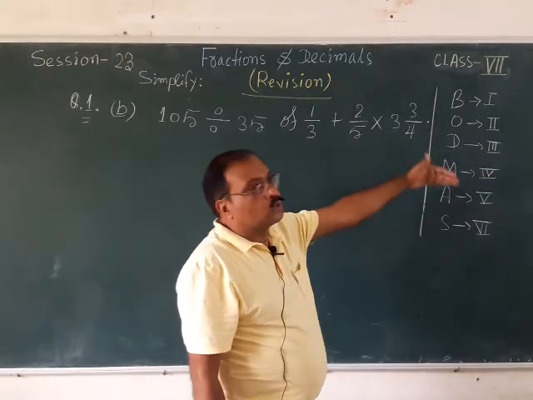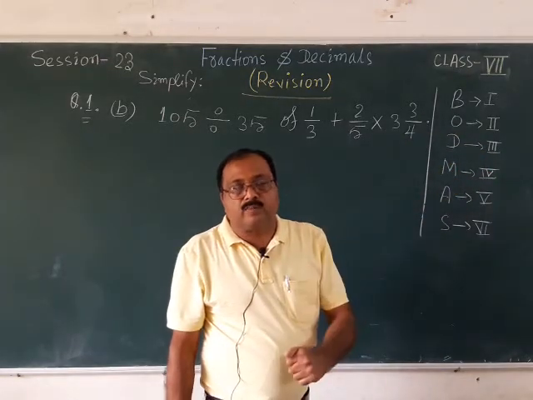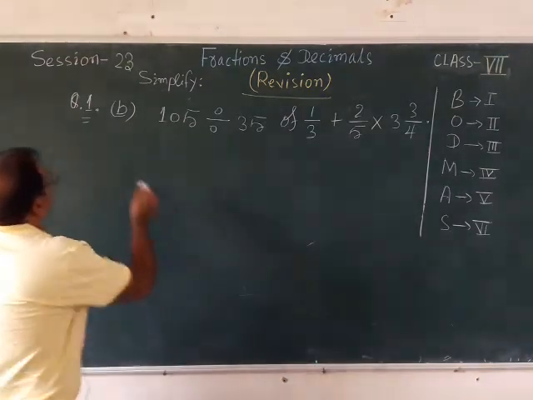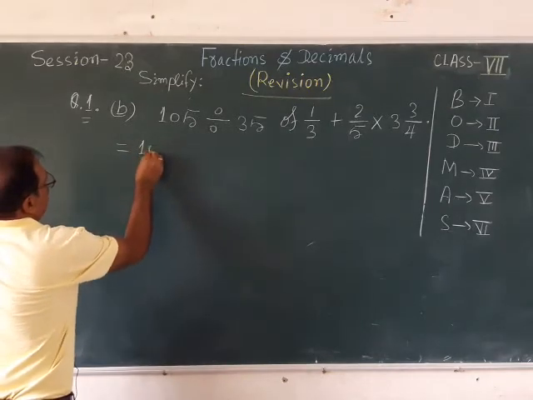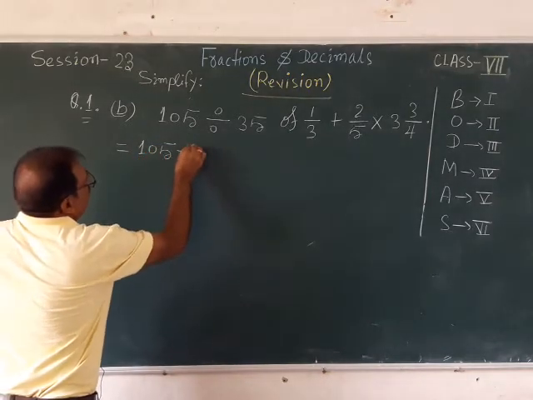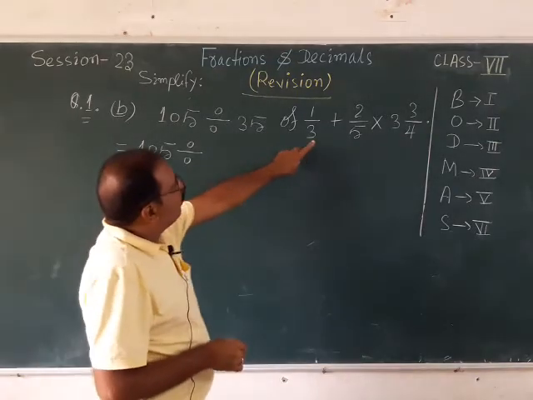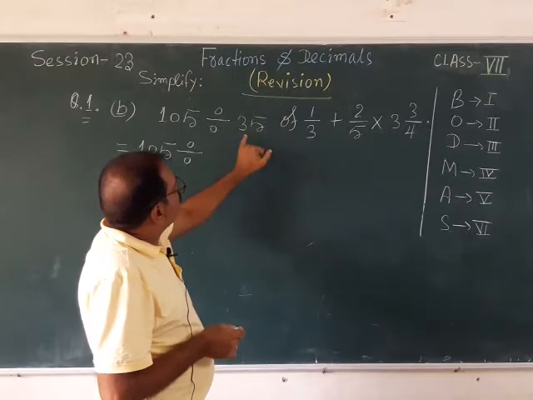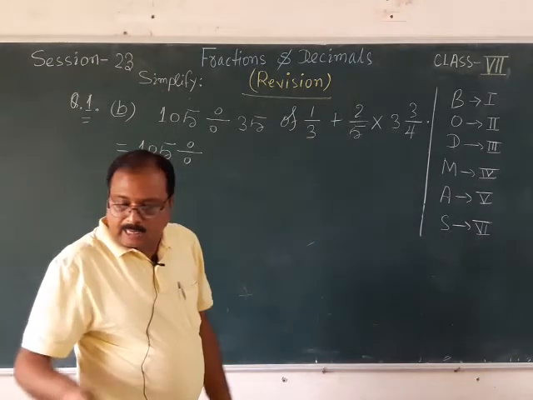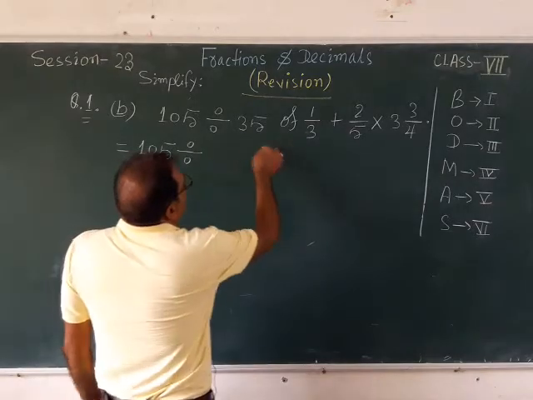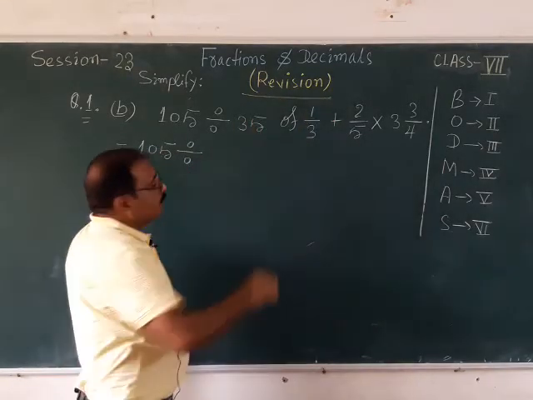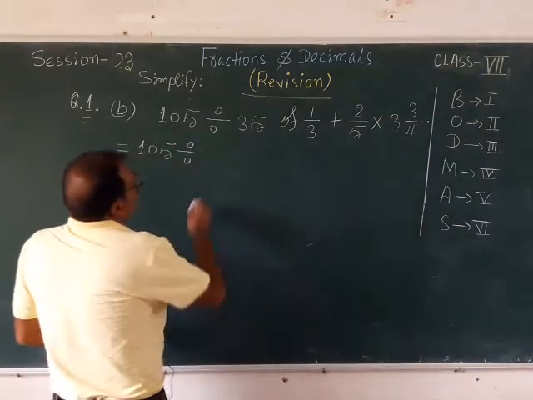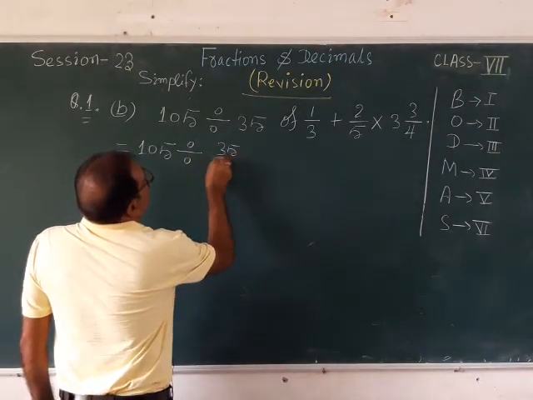So this rule should always be followed whenever you are working in maths. Now what I am going to do here is copy 105, then divide by 35 of 1 by 3. "Of" means the multiply sign, so I have to work on this first. 35 of 1 by 3: when you multiply 35 and 1 by 3, you will get 35 upon 3 itself.